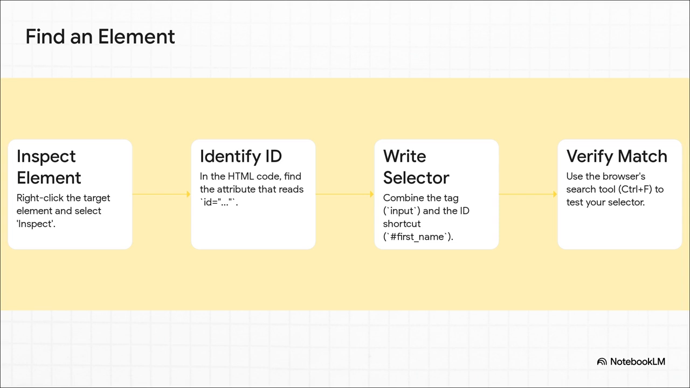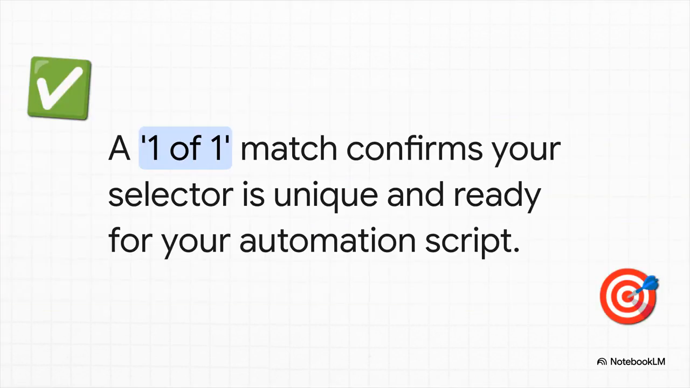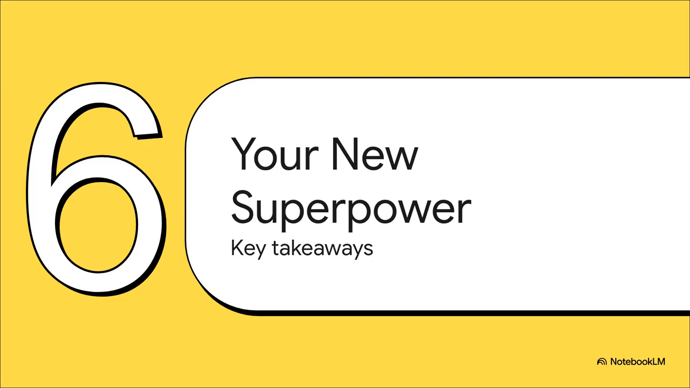And finally, and this is super important, use the little search box in your dev tools to test it out. And when that search box comes back and says 1 of 1, that's the magic moment. That's your confirmation. It means your selector is unique, it's precise, and you can be totally confident that your automation script is going to hit the exact right element every single time. And just like that, finding elements on a web page isn't some dark art anymore. It's a reliable, repeatable process that you now